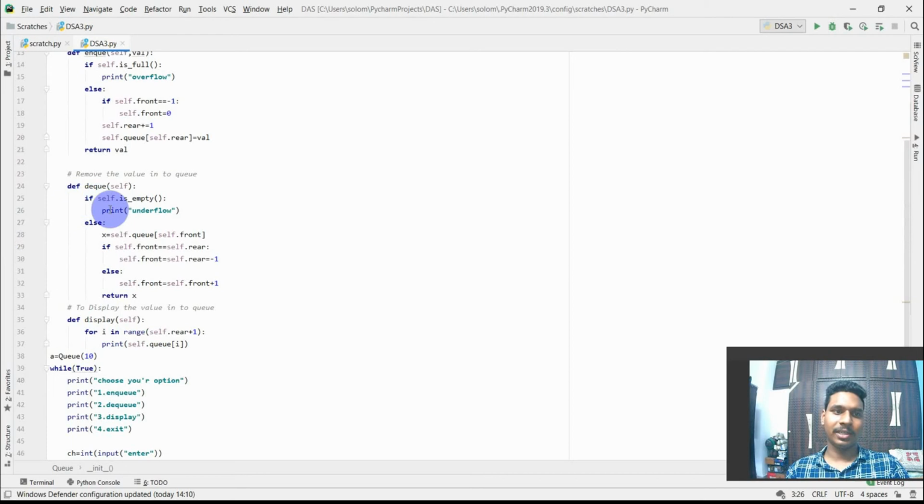So here we are dequeuing the value. So self.is_empty. If it is empty, then we cannot remove an element. In the else case, if the queue is not empty, we can use the elements. So x is equal to self.q[self.front]. Here we will be incrementing the front value. If the front value is incremented, the value of the rear will be constant. It will not be incremented. These values will be checked here. The condition is checked with if self.front == self.rear.